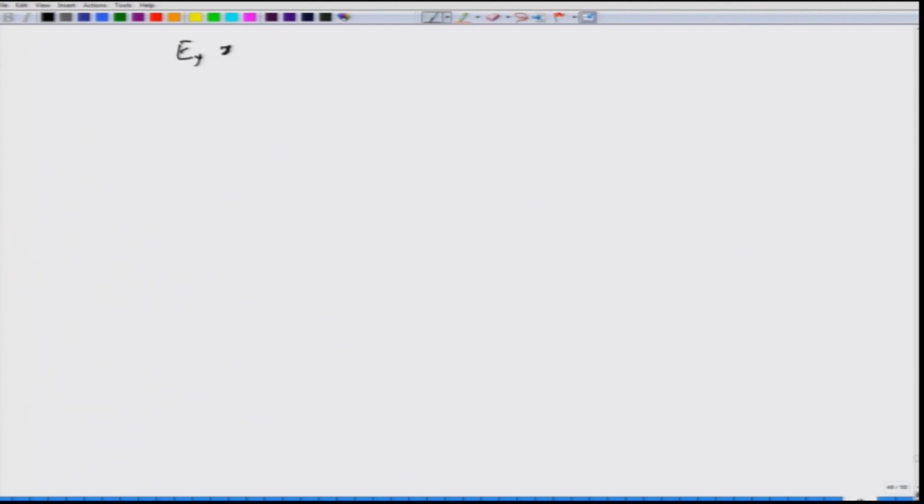So, I have Ey at x equal to plus h by 2 being continuous. That is, if I come from this exponential function, then the solution here should continue naturally into the film region, which means that the value of the field in the film must exactly match the value of the field outside at the boundary. So, you have two different solutions, and these two solutions must match up at this particular boundary. That is the boundary condition.